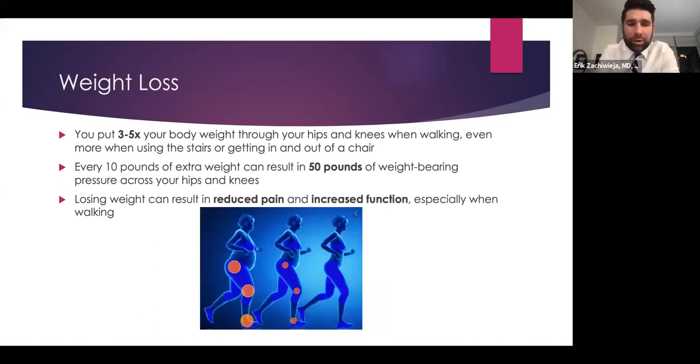As I mentioned a little bit early, weight loss. So you put about 3 to 5 times your body weight through your hip and knee joints when walking or using the stairs. So essentially, every 10 pounds of weight that you lose can be 50 less pounds going through the weight-bearing surfaces of both your hip and knee joints. So even a little bit of weight loss can have a dramatic effect with regards to your symptoms